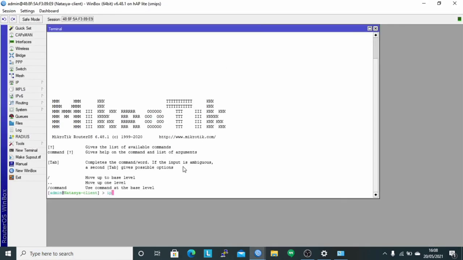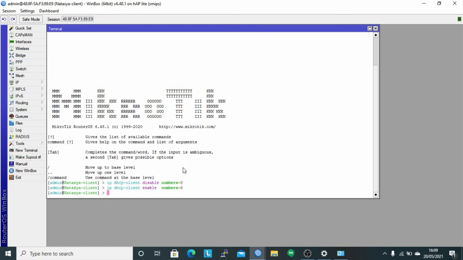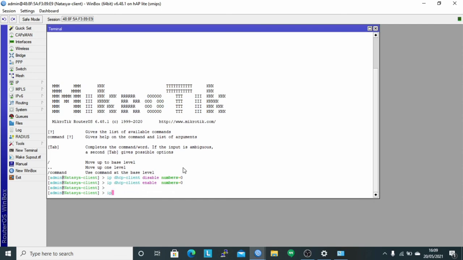And before checking the IP address, perform disable enable on the DHCP client with the command IP DHCP client disable number 0 and enable with the command IP DHCP client enable number 0, and then check with the command IP DHCP client print.